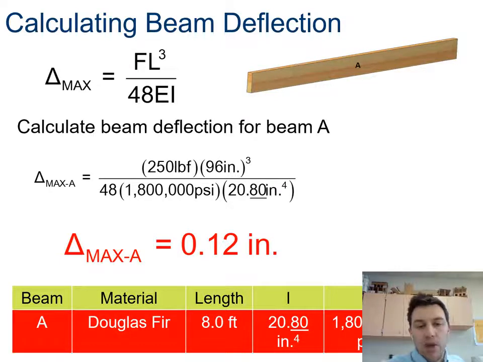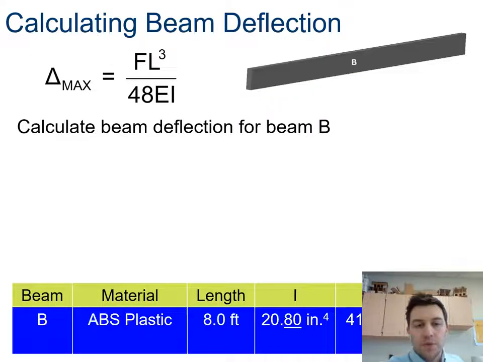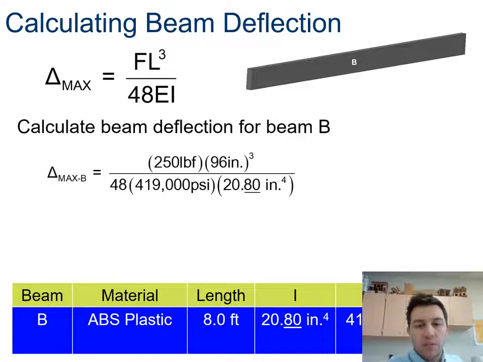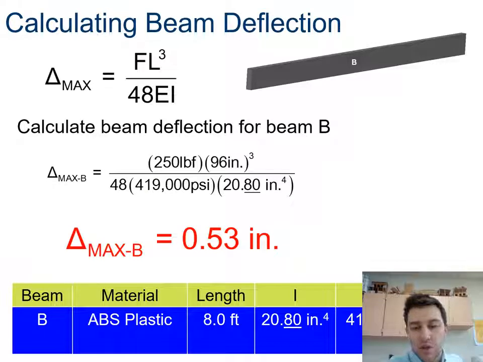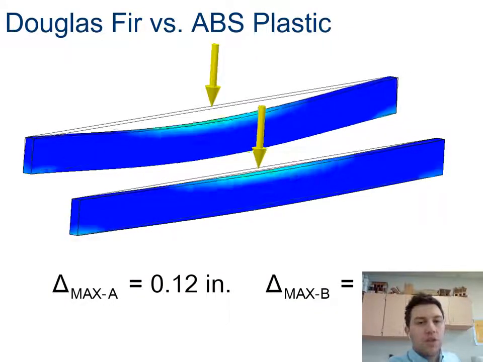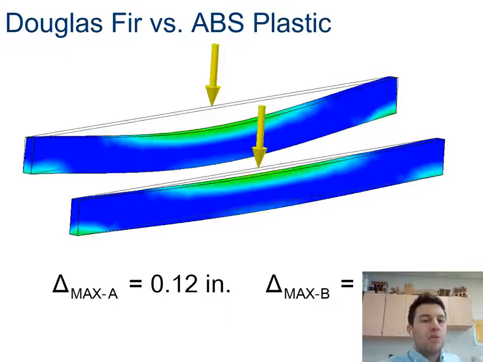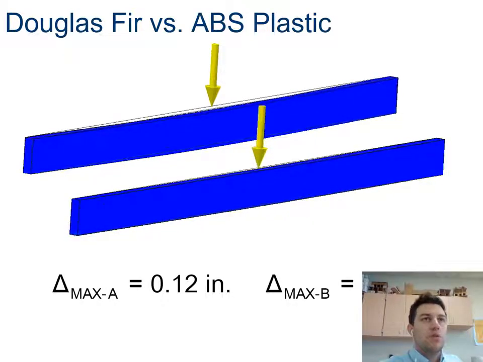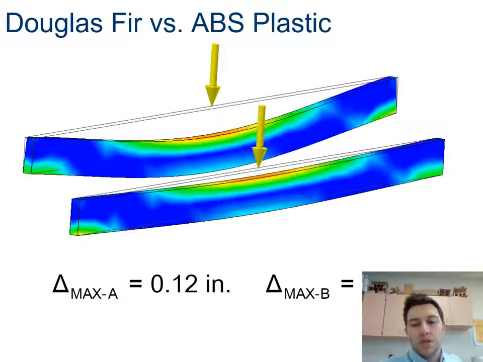I would recommend practicing typing this exact setup into your calculator to make sure you get 0.12 and that you understand how you are typing things in. For beam B, my deflection is 0.53, so I get a larger deflection because I have a smaller modulus of elasticity. So that's the discussion of geometric properties combined with chemical or material properties in determining how stiff